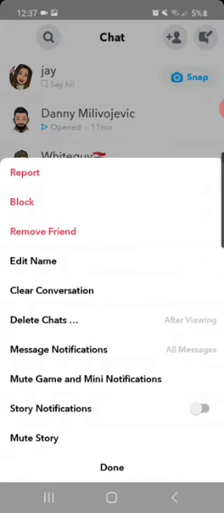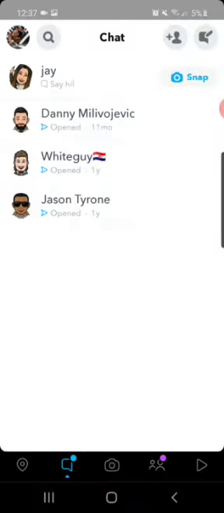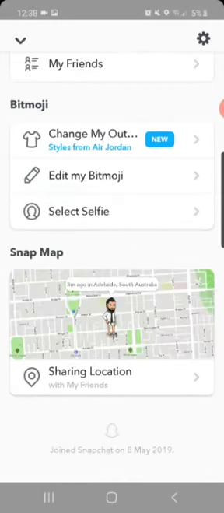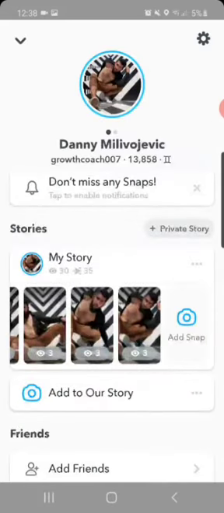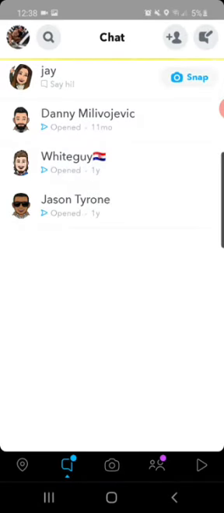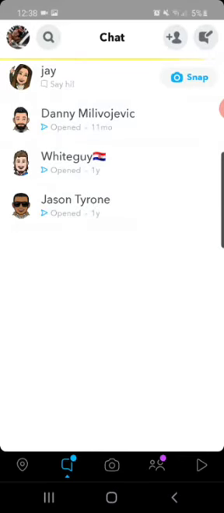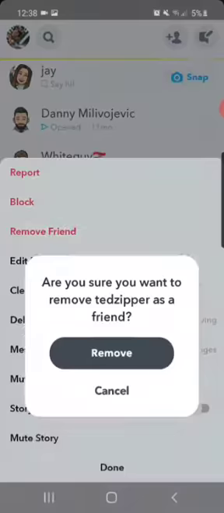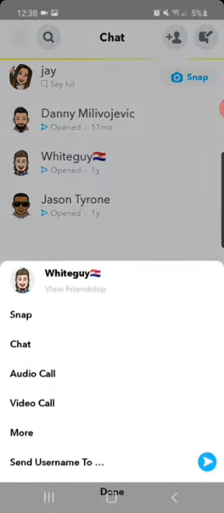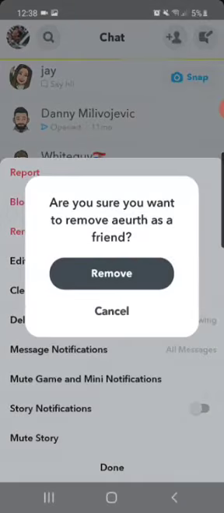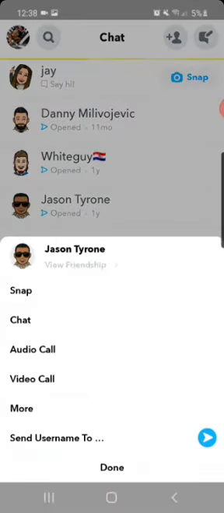And now I can block them too. I promise you I can block them totally, and it's probably much more worthy to do so. That way I will never have to add them ever again. You can block them totally and make sure to do that right away, although you can also just remove the friend. I just remove this person. I remove this one as well. I remove this one as well.